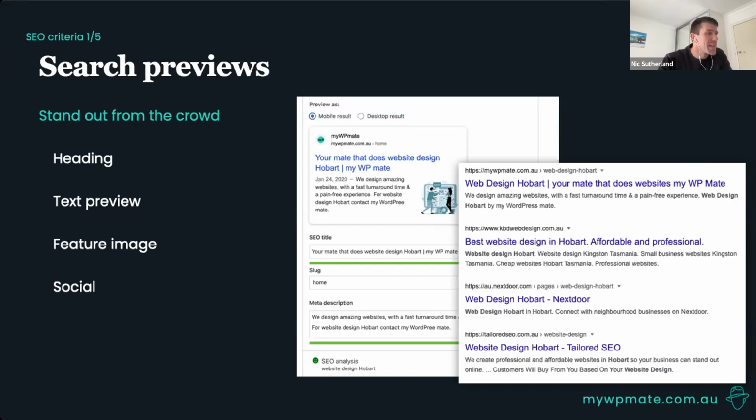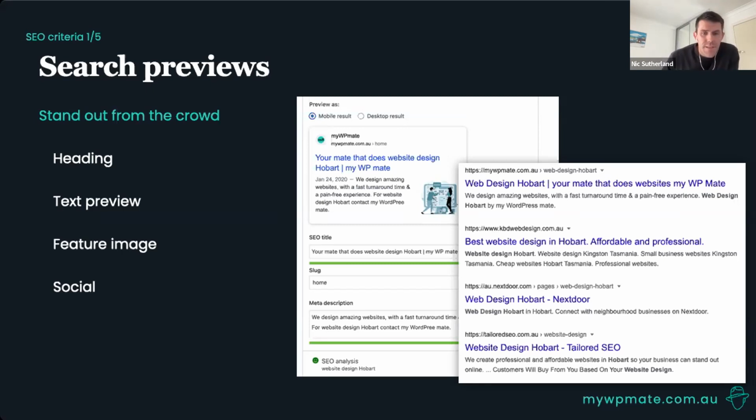There are so many examples out there where it's just a muddled bunch of mess, that if it's well written, it can really entice our searchers into our world and let them know that we are the one they have been searching for. Hallelujah. There's the heading, Web Design Hobart, your mate that does websites.